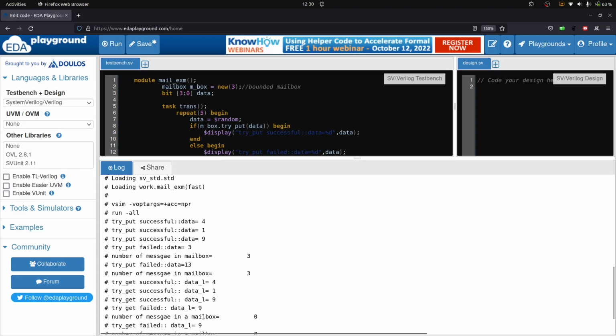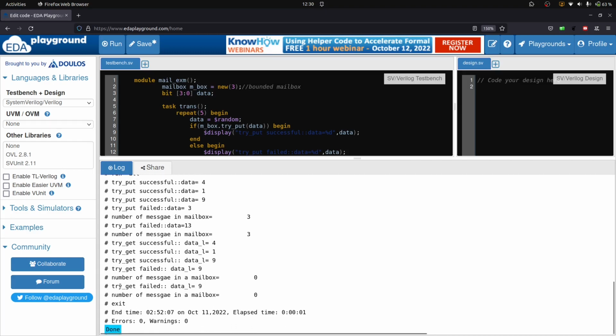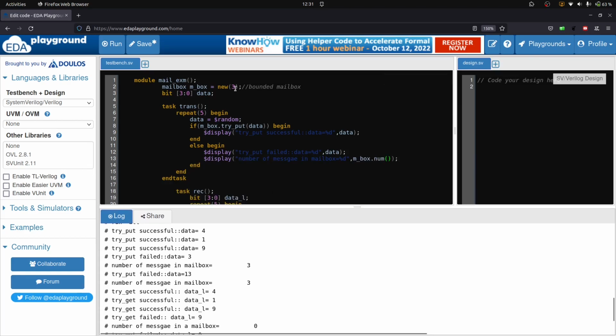And the number of messages inside the mailbox is 0. Why 0? Because 3 elements were there and we already fetched all 3 elements. That's why the size of the mailbox becomes 0. In the last iteration you can see try get failed again and data is equal to 9. It is only holding the previous element and the size of the mailbox is 0. If we want to correct this, what should we do, we can